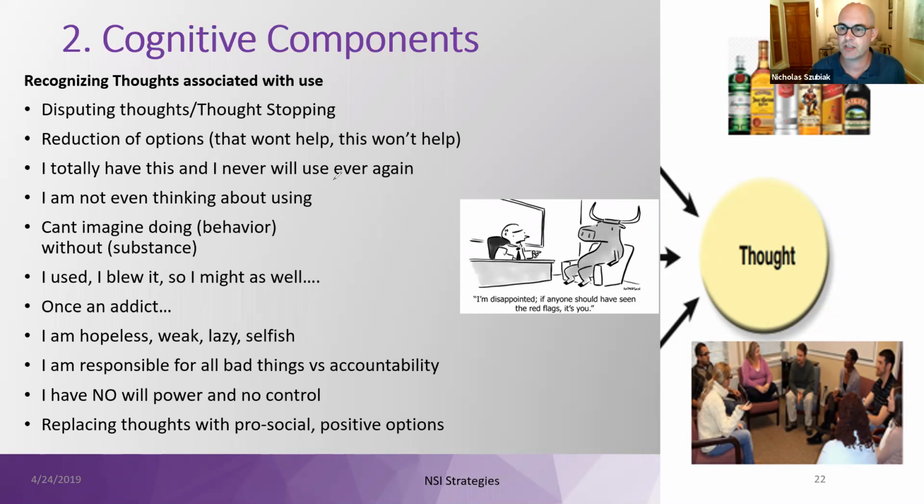Helping our patients understand that can so help reduce the punitive approach that they've received probably most of their lives, from most of their interactions with healthcare, but even harsher so within their own self and their own self-talk. And again, shifting away from, I have no power, I have no control. Absolutely, you do have power, you do have self-control. These are skills that we can build in to help you flex that muscle. And then replacing those thoughts with pro-social positive thoughts.